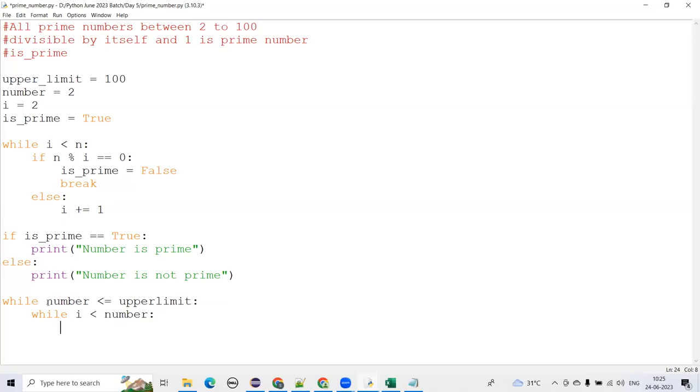For example, let's say we're starting with 2, and we are checking here, is 2 less than the number? This loop is the inner loop. What we are doing here: while i is less than n, and if it is less, we will check if this